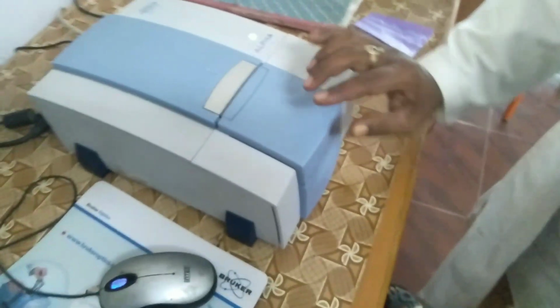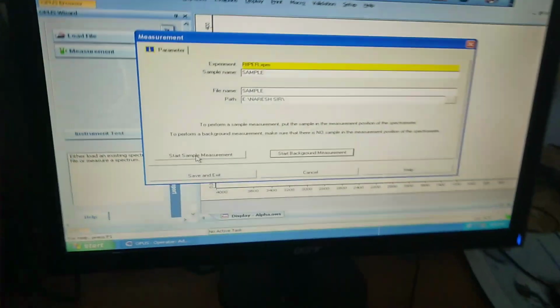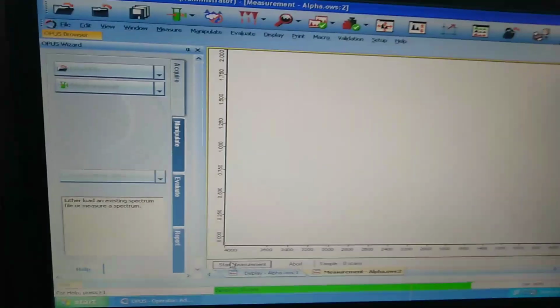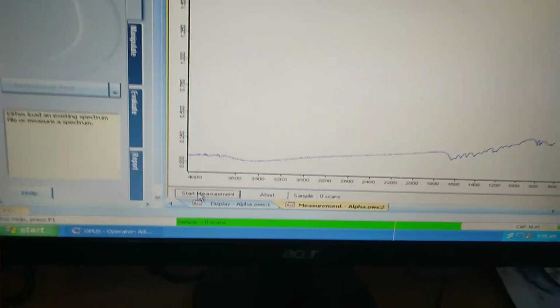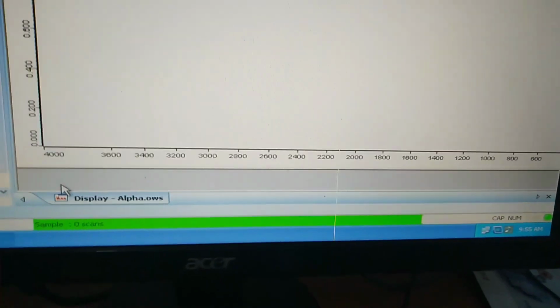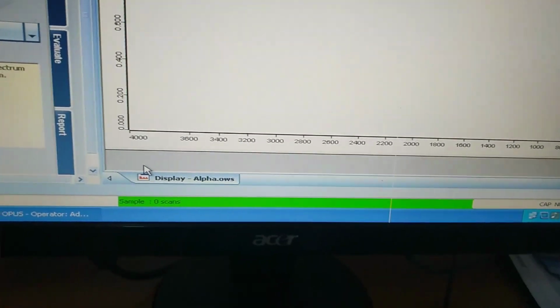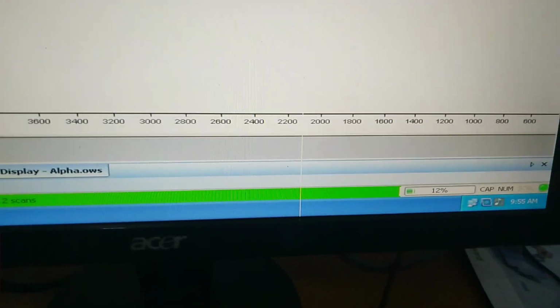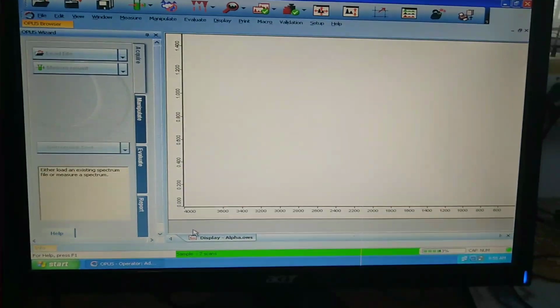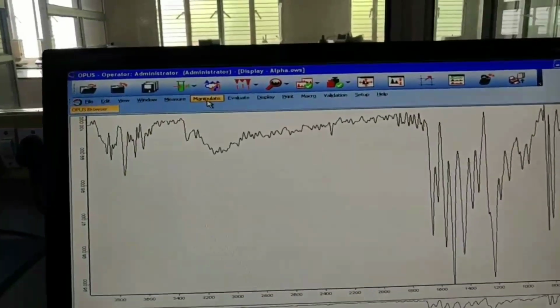And then close the FTIR instrument. Then start the sample measurement. Wait for completion of 15 scans. Here the Michelson interferometer converts the interferogram into the spectra. After completion of 15 scans, we can observe the graph like this.